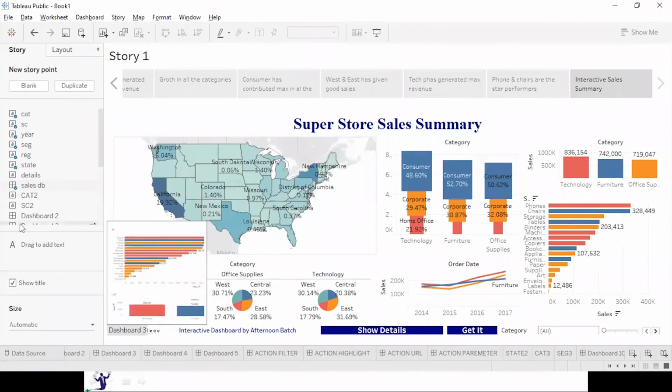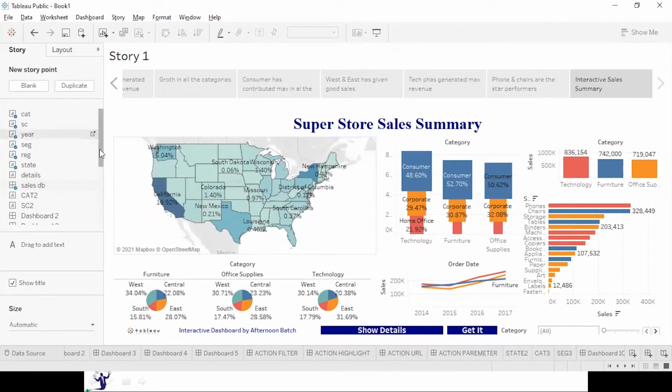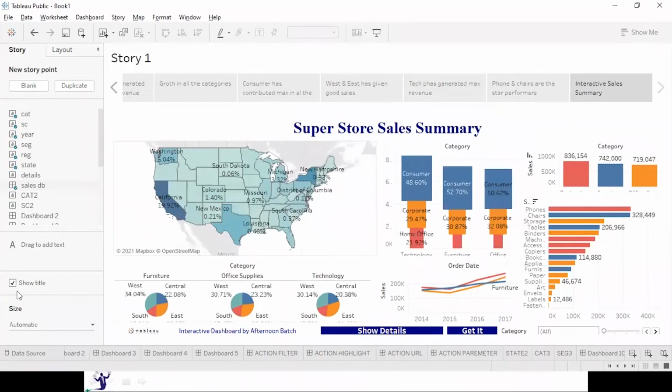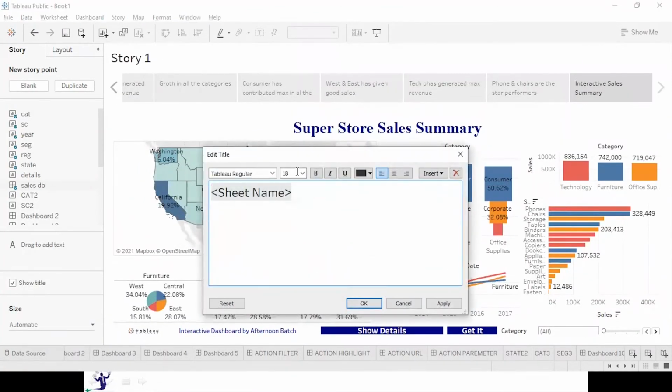Now one is the story title. Here you can see the title is appearing. If you don't want it, you can remove it, or if you want, you can keep the story title and give it a more appropriate title like Superstore Summary.